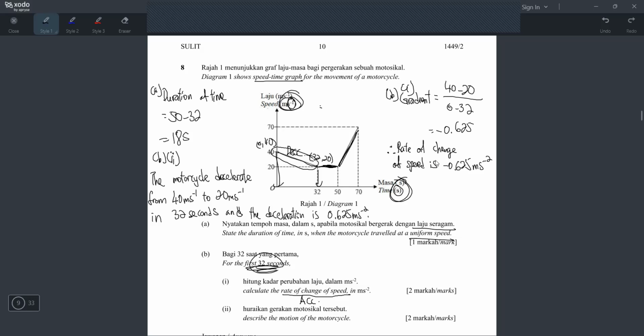Why I cannot mention negative? I mentioned just now already. If you sudah mention perkataan decelerate tu, you kena letak positive, you tak boleh tulis negatif dah. Sebab deceleration sudah indicate negative. Okay, dia sudah nyah pecutan. So you don't have to put negative here. If you put negative here, later negative become positive already. Okay, so this is the correct way.